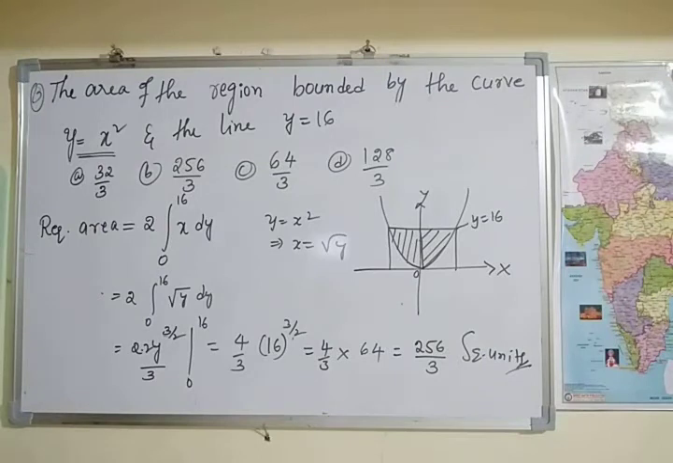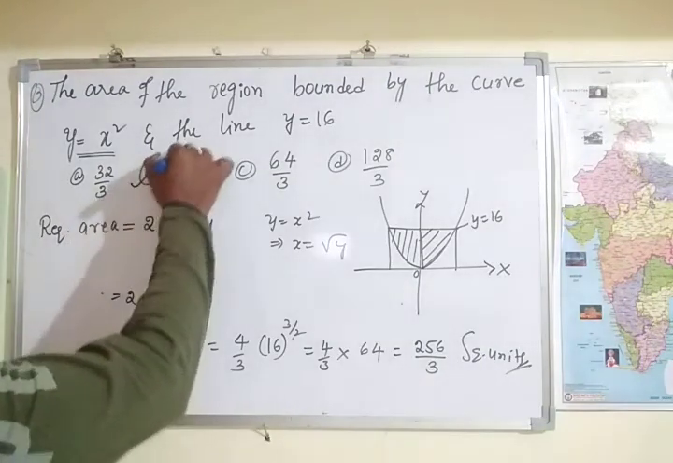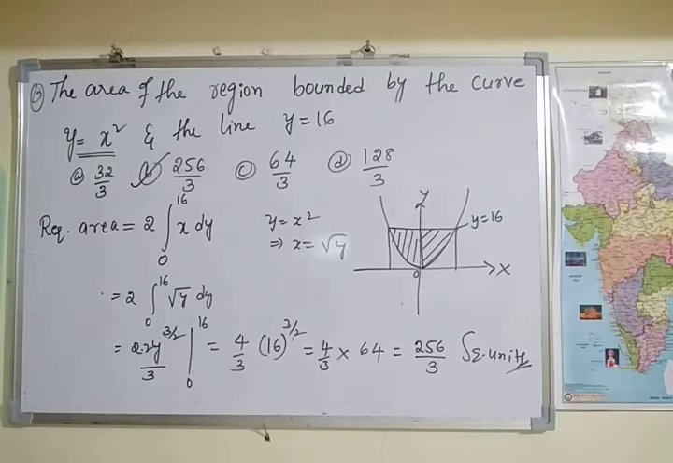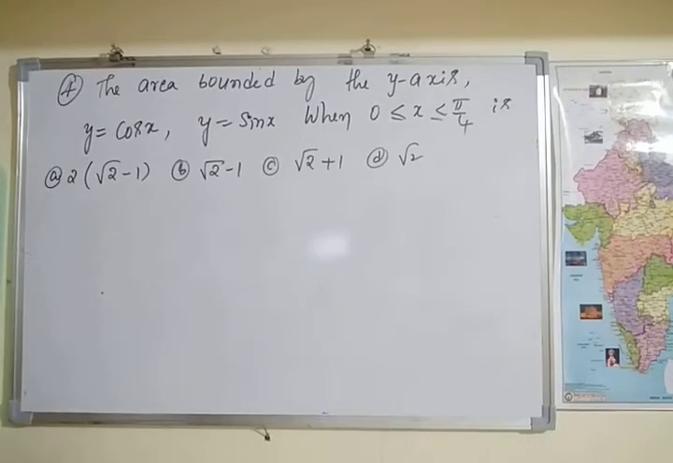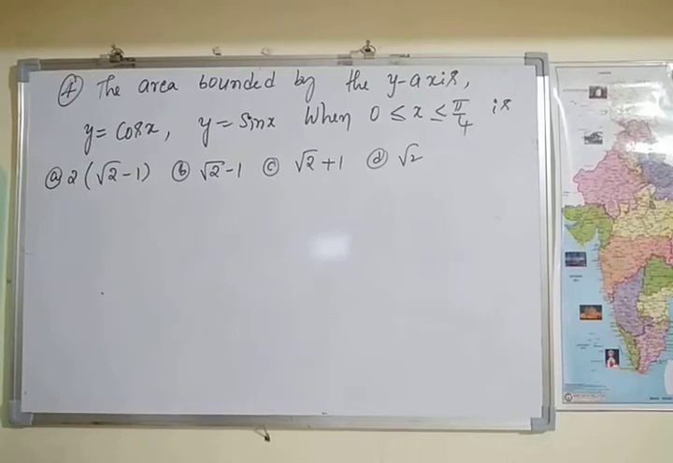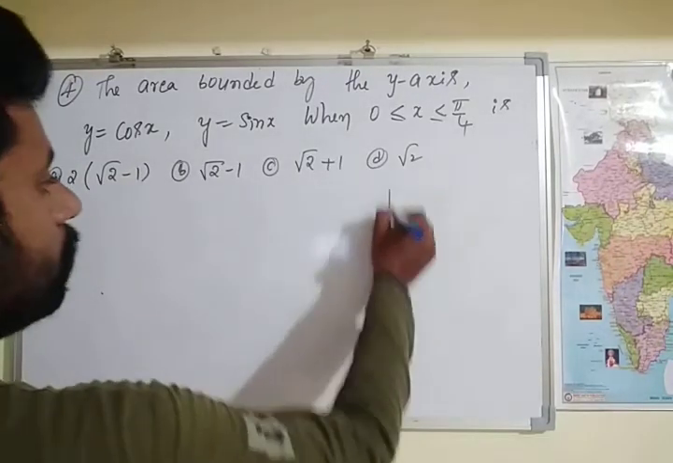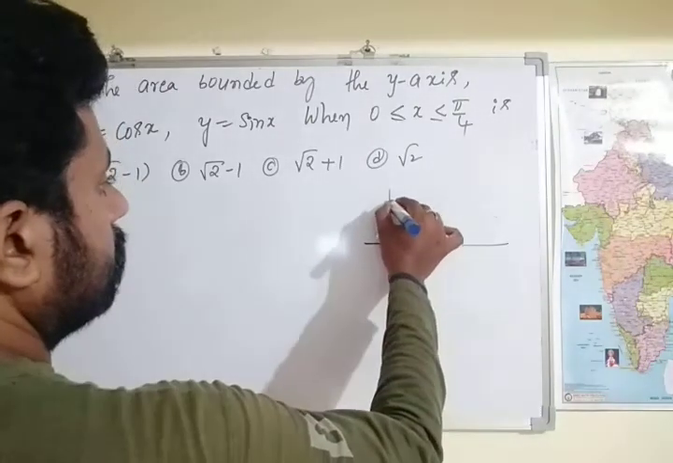256 divided by 3 square units. Option B is correct. So here we have the area between the curves y equals cos x and y equals sin x. So now here, cos x